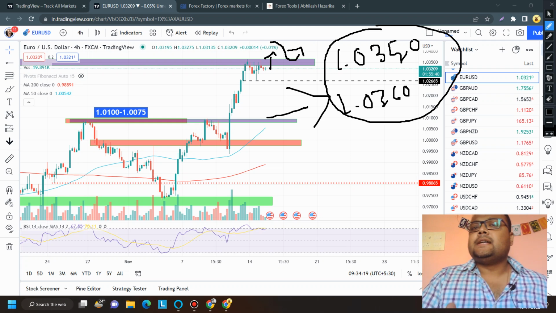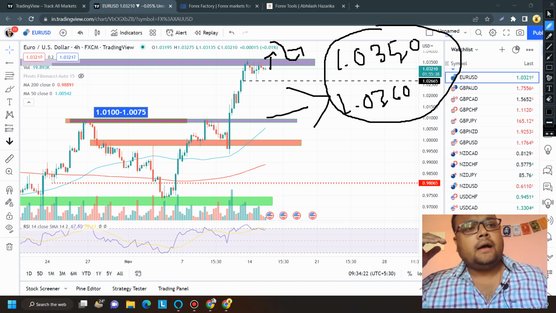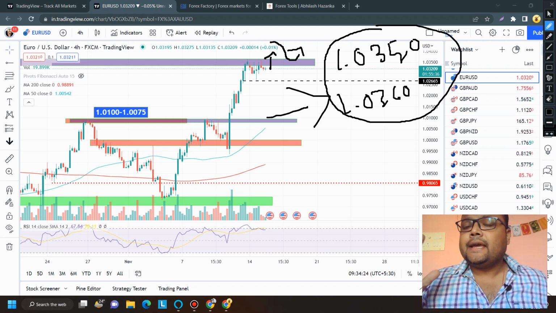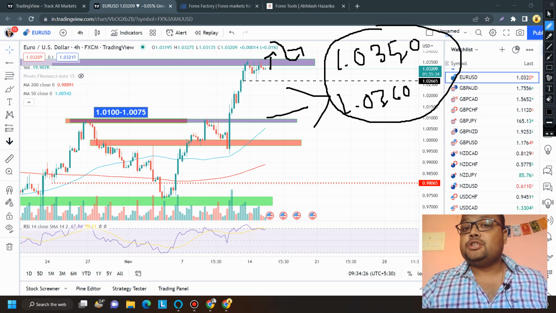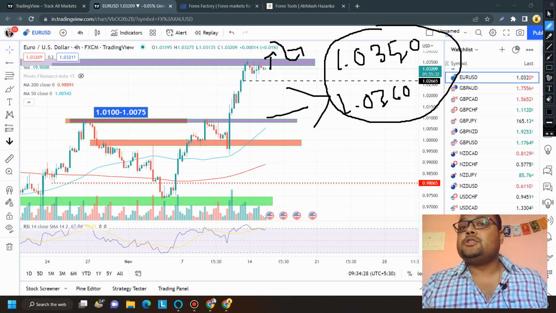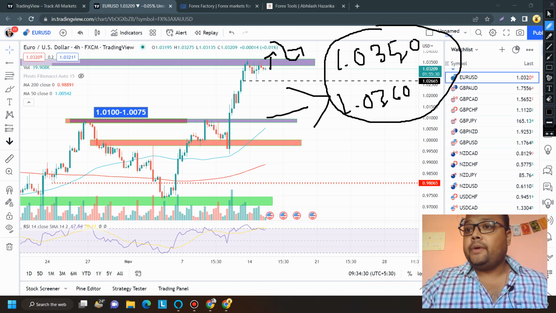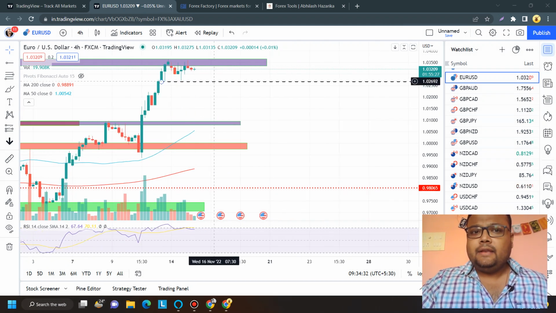And in case there is a sudden fall on DXY and Euro USD starts flying again, then you can easily go for a buy position. But without volume, taking a buy position can be very, very risky at a breakout. On the other hand, if the market comes down,